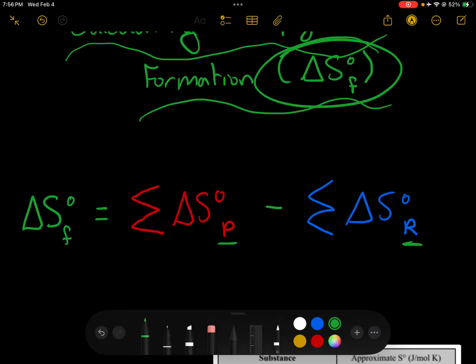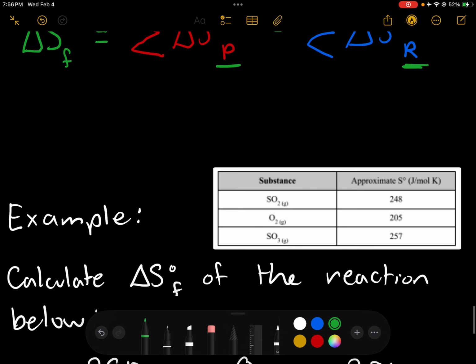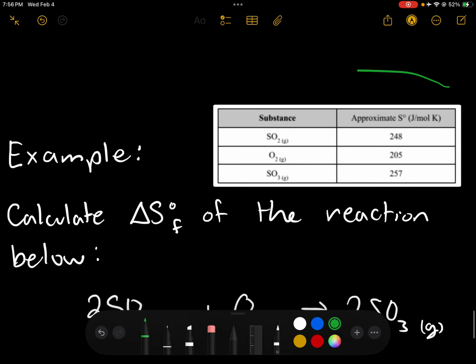The bond energy calculations that we did last week were the only formula that you're ever going to see reactants minus products for. Going forward, whenever we see a calculation like this, it's always going to be products minus reactants from now on. But it works the exact same way. You're always going to be given a table like this one. And when you're given a table like that, you'll know that you have to sum up your products,